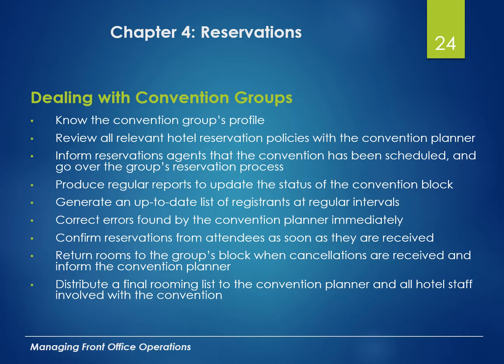Okay. Any kind of policies that we have, you're going to go over that with our meeting planner. So remember we talked about that commission rate, whether it's 1 for 40 or 1 for 50. So every 40 room nights or every 50 room nights, the meeting planner or the business itself is going to get 1 comped room. Okay, we want to make sure that they understand what all of our policies are. If they have an association like a trade show with their association meeting, what are the times that they can move in? What time can their vendors, what time can their exhibitors actually come in to set up?